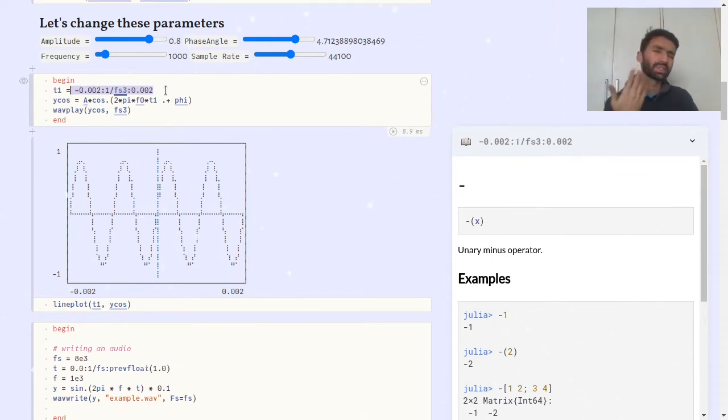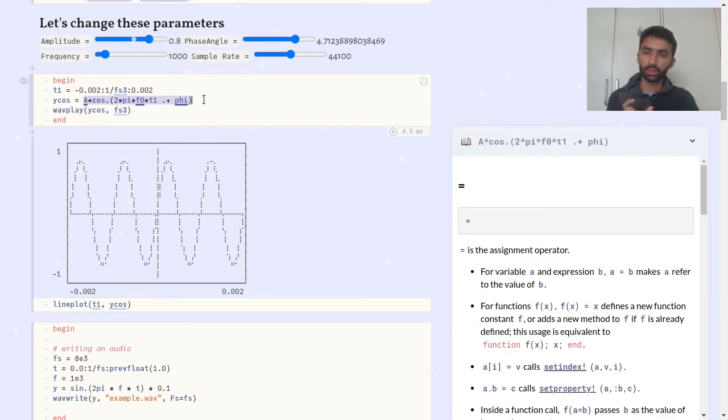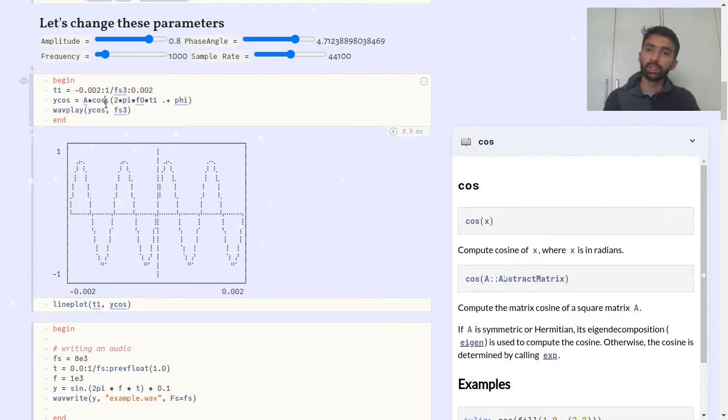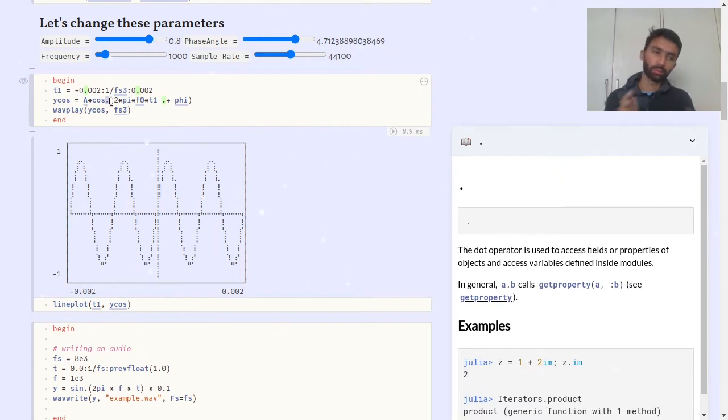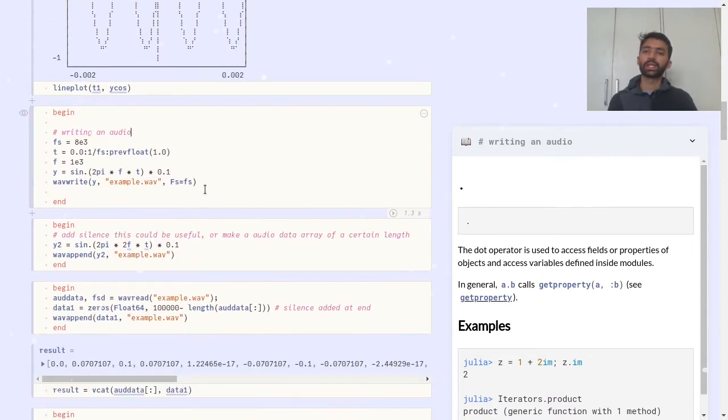These values are basically collected, and it becomes a vector of arrays which has different values from minus 0.002 to 0.002. Then we compute the value of this expression over all those values if I use this particular dot. So it's like basically broadcasting it over the whole array of T1. So this is important.